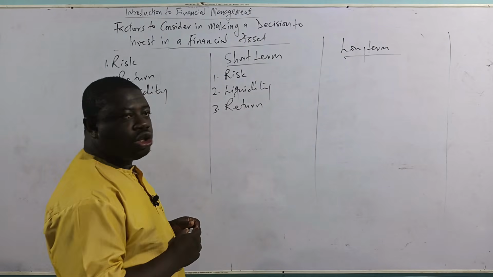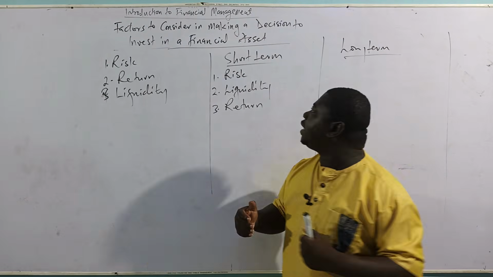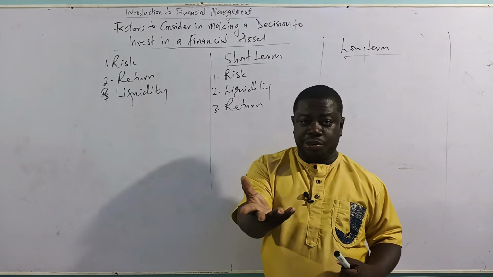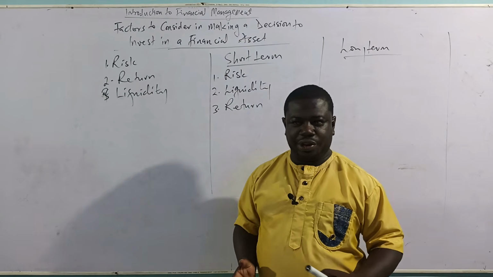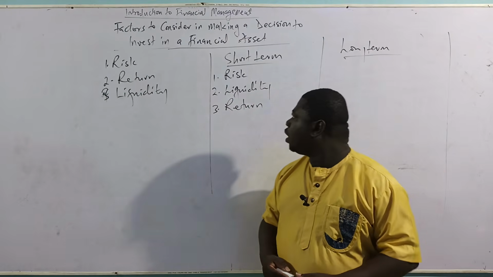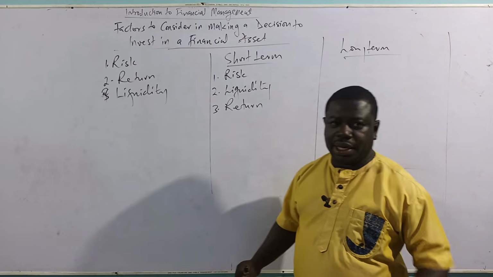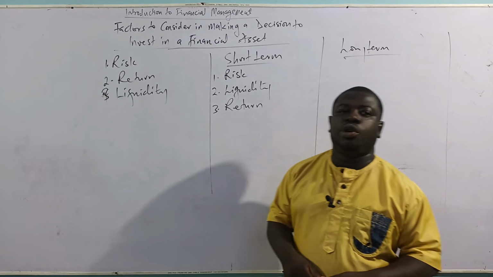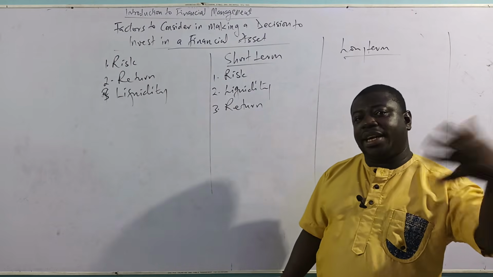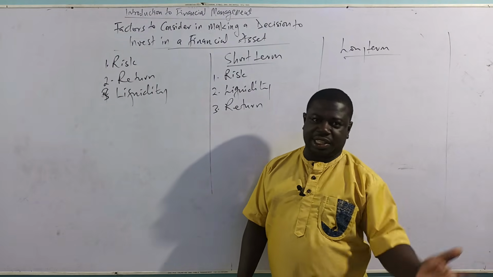Now let me explain to you. If you want to make an investment in a short-term financial instrument, it means you are buying a treasury bill, for example, a 91-day treasury bill or 182-day treasury bill. With those kinds of investment, your focus is not so much on the return. Mostly we make those investments because we have idle funds that we are not using now. We just want to put it somewhere and then reassess it later in some 6 months' time.